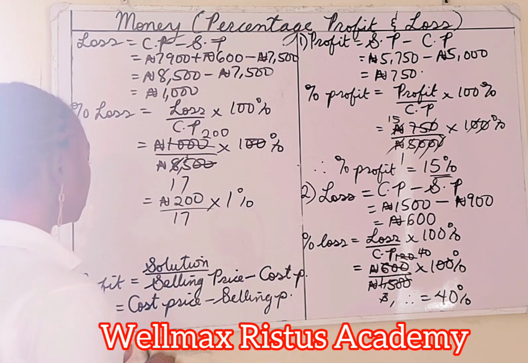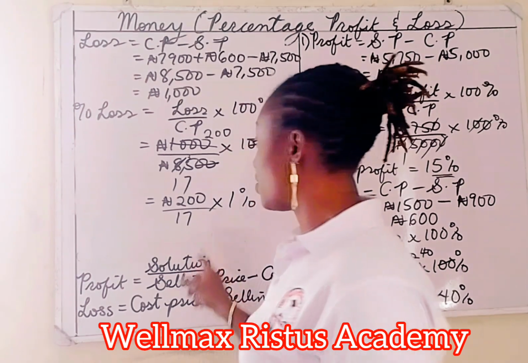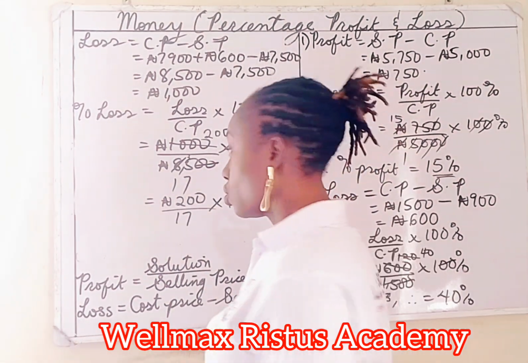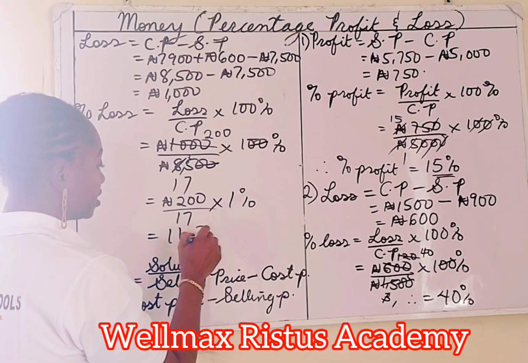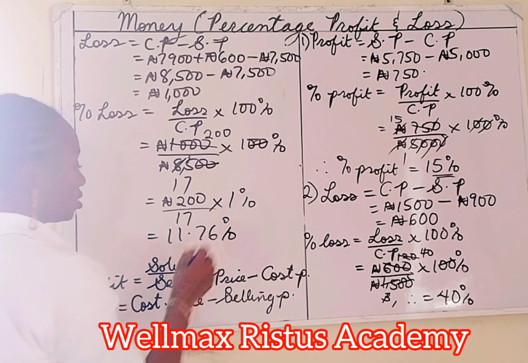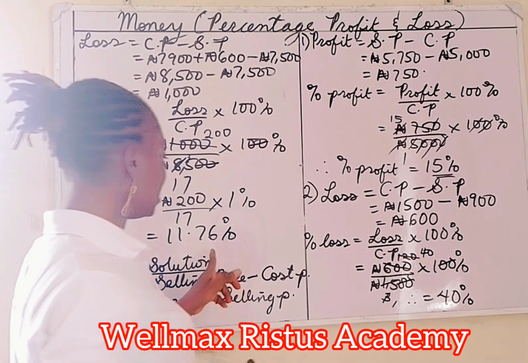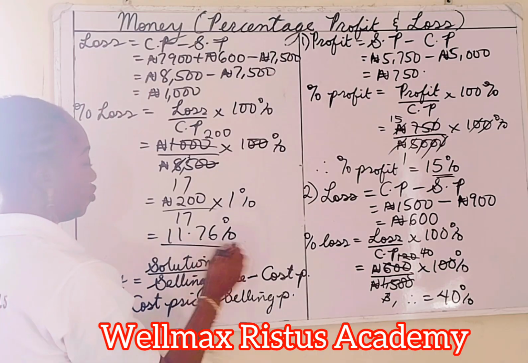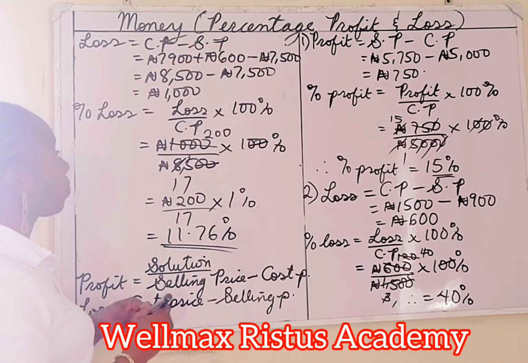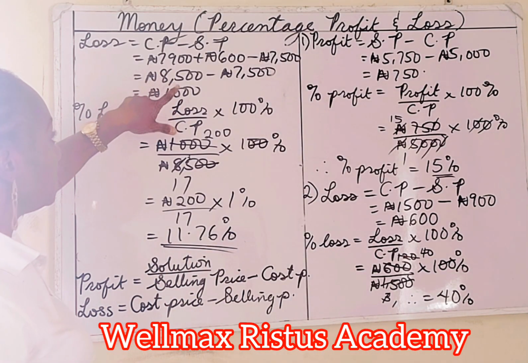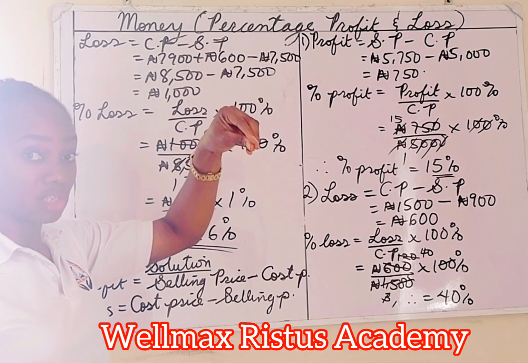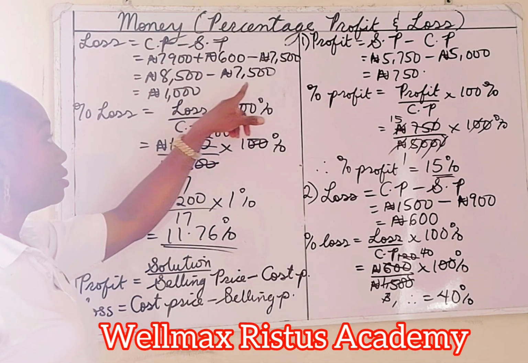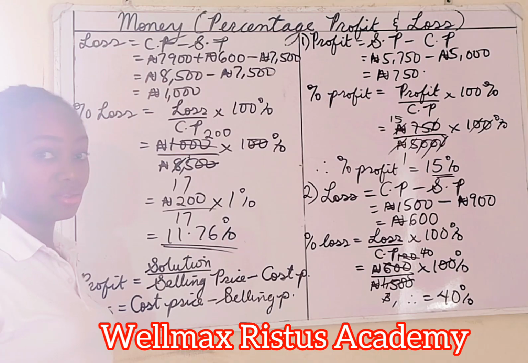Okay, so now let's find out what is percentage. 200 divided by 17 will give us 11.76%. Now this is its percentage loss for selling this bag of beans of 8,500 naira including the transportation for 7,500. So the percentage loss is